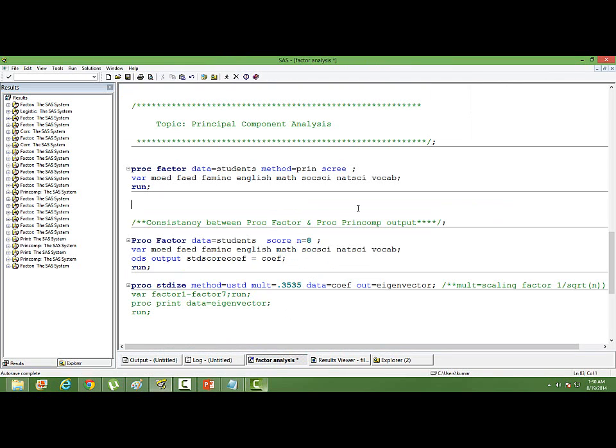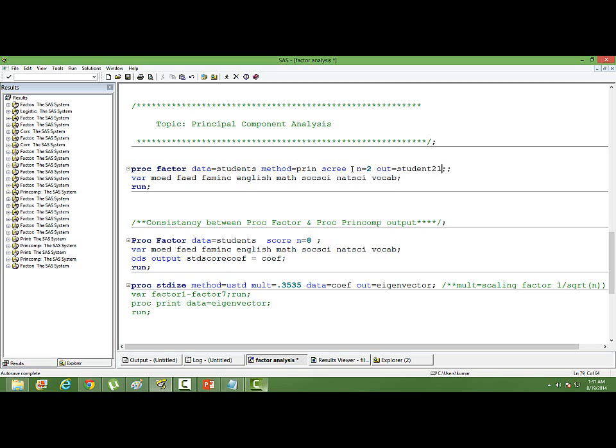Well, we are interested in the principal component score, and we haven't got that yet. How do we get that? Now it is clear that we have only two principal components that explain most of the things. We don't need to go to the third one and fourth one because they're not very significant, as we have seen. So we mention this criteria 2 and then out equal to, I'll use another data set